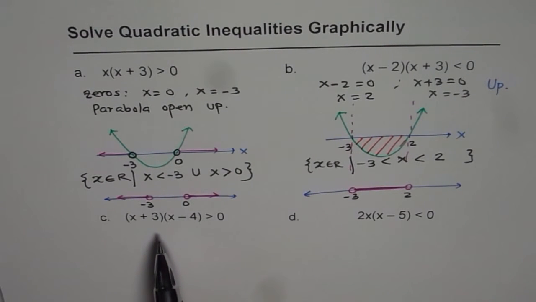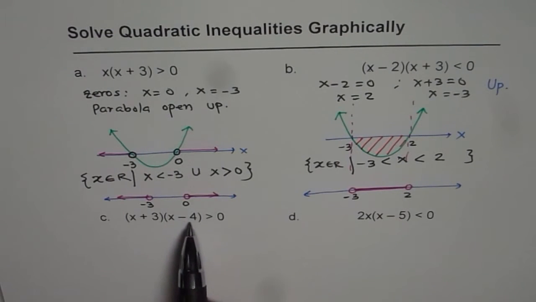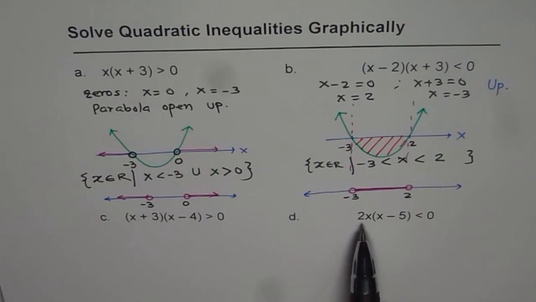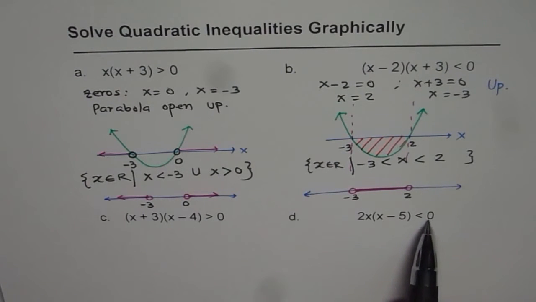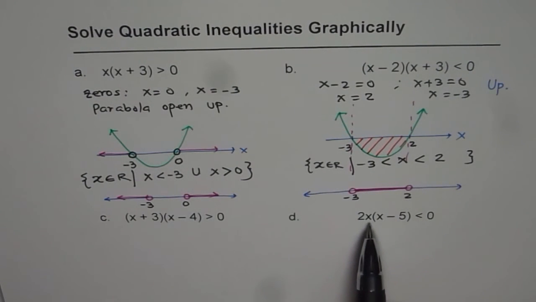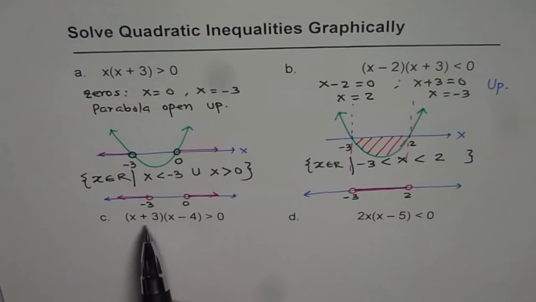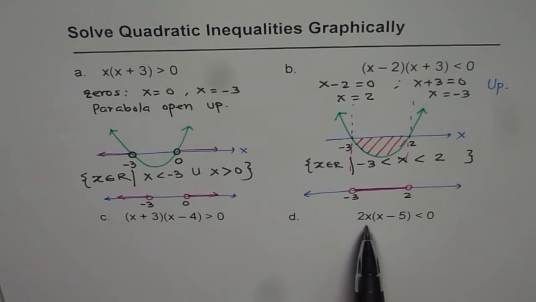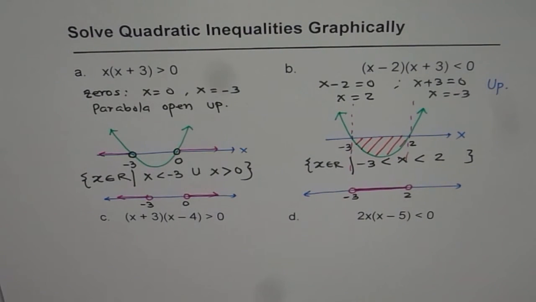Now try it out with parts C and D. C is x plus 3 times x minus 4 greater than 0. And then we have 2x times x minus 5 less than 0. In this case we have two zeros in each. The zeros are at minus 3 and 4, and at 0 and 5. Sketch your graph, write down your solution, and then